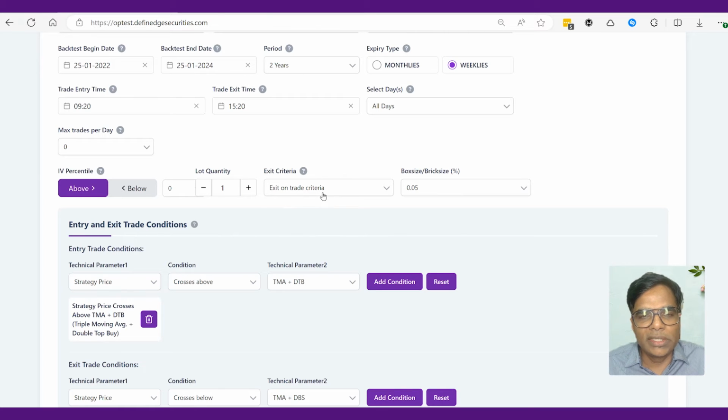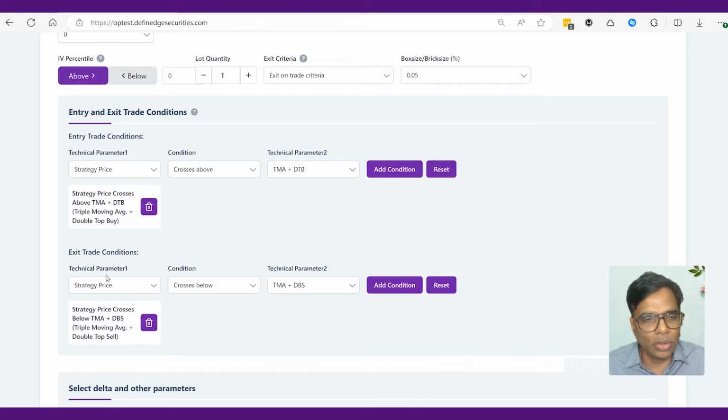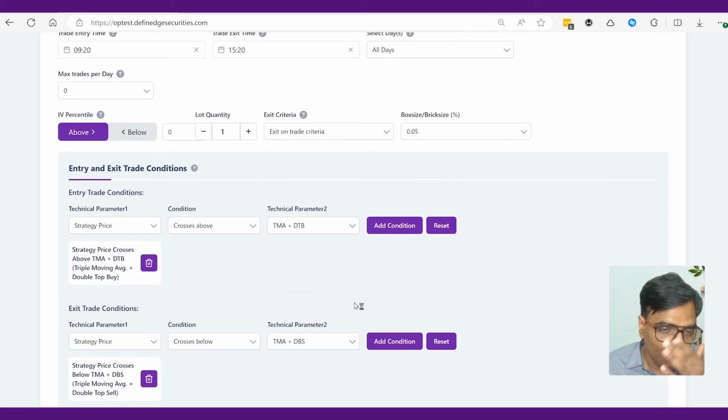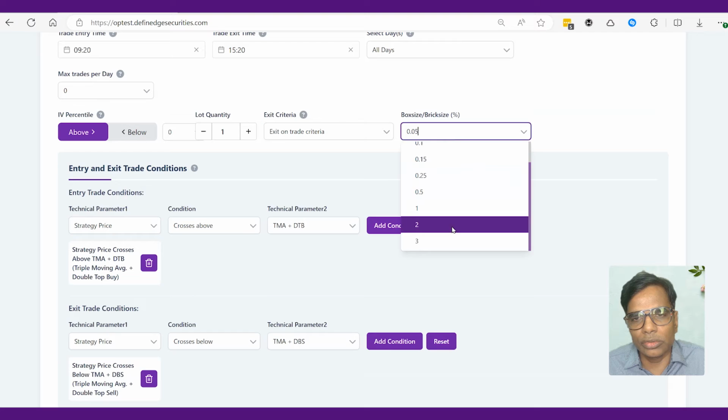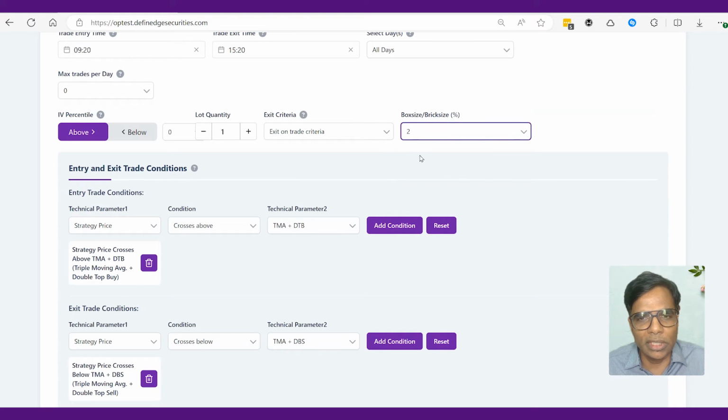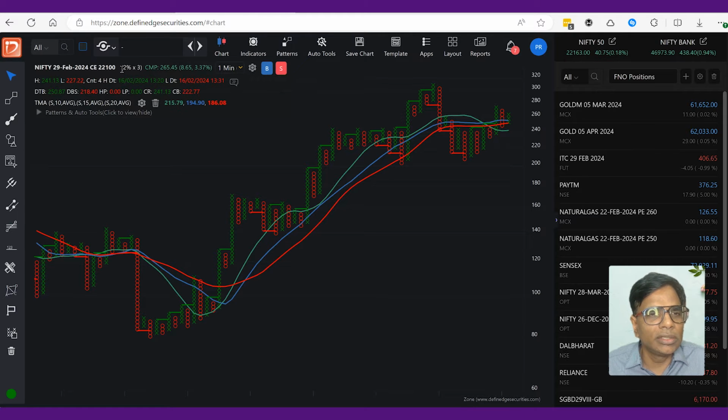Now for exit criteria, we already put in the exit criteria on trade, where we have chosen this particular exit criteria. Now box size, as I already told, we are going to use 2% into 3. By default it's always 3 here, so we are not showing that. So 2% into 3. Okay, you can check this on this chart also, 2% into 3. Okay, that will be our backtesting,